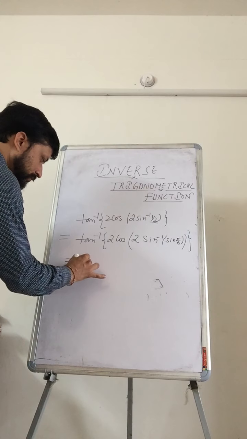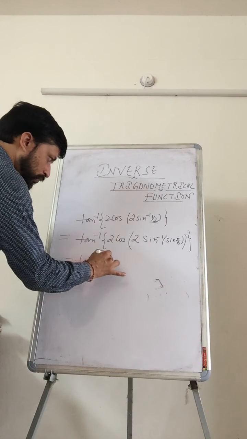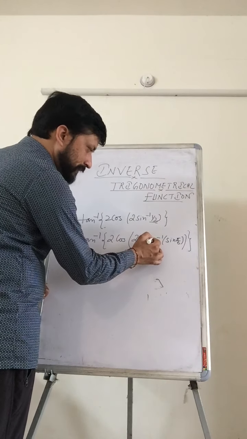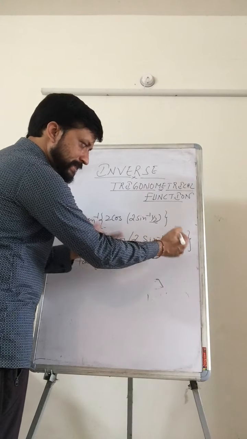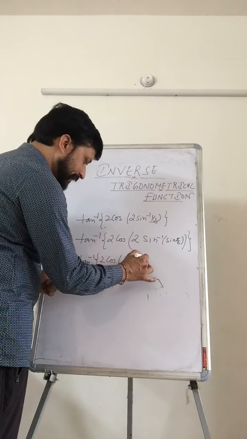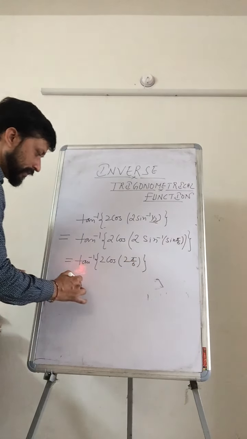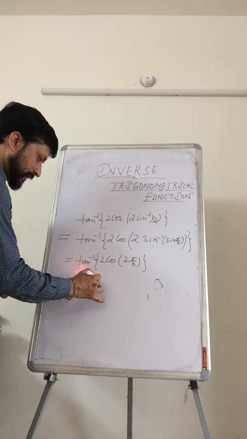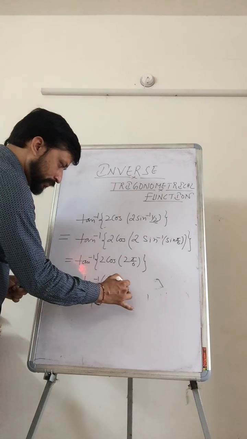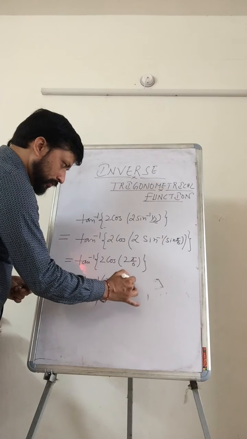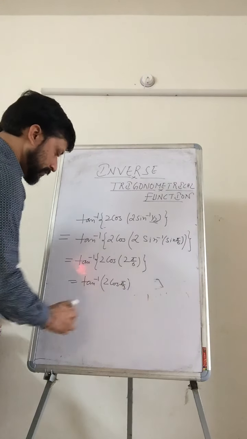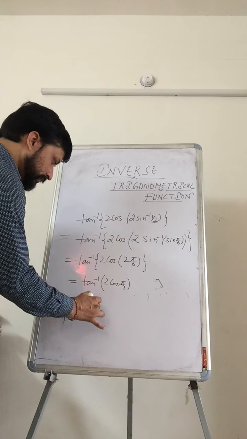Equal to tan inverse of 2 cos. Now we are solving this. Now you know that sine inverse sine theta means theta, so here we are getting pi by 6. Close this bracket, and this bracket. Now if you cancel, what will you get? Tan inverse of 2 cos pi by 3. Now bracket closed. No more brackets, because one bracket is enough here. Equal to tan inverse.